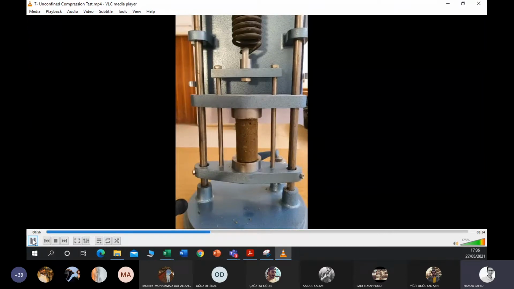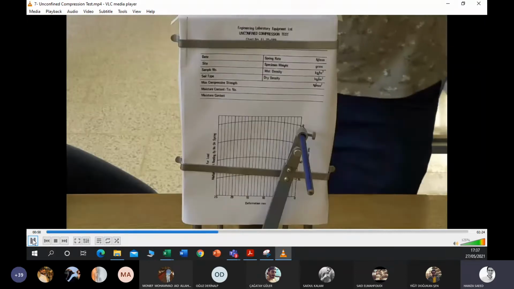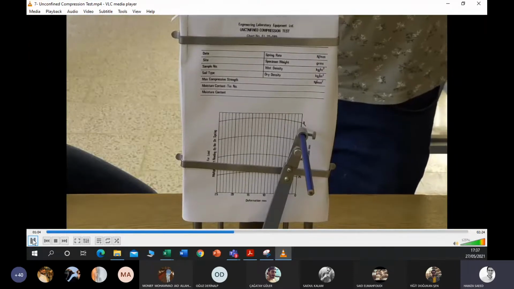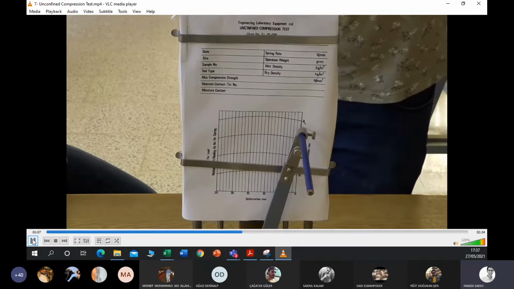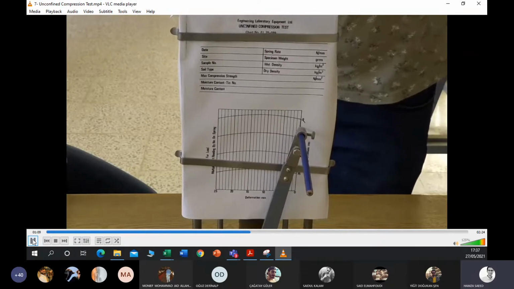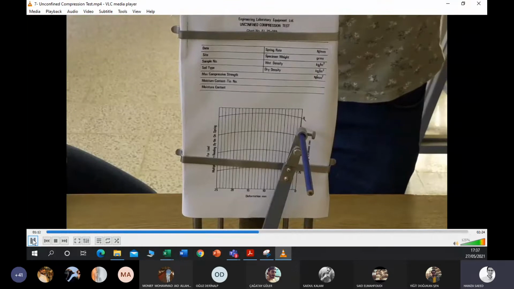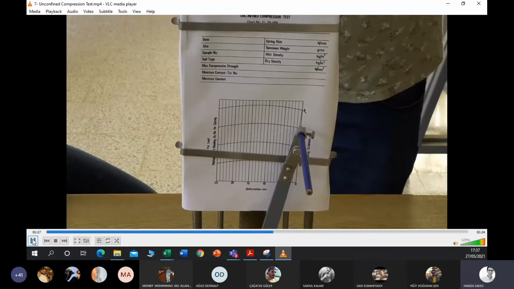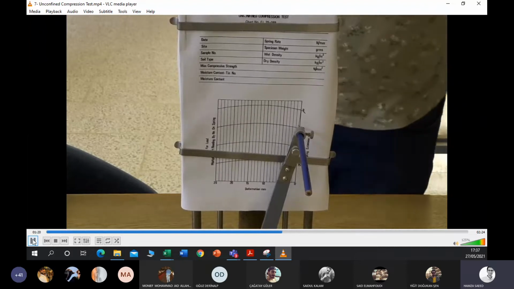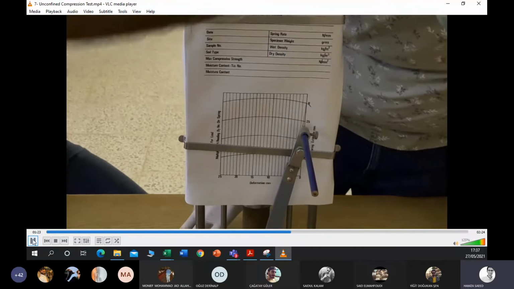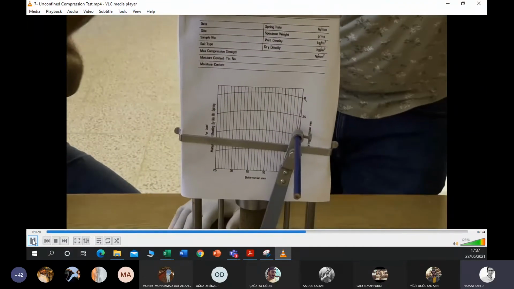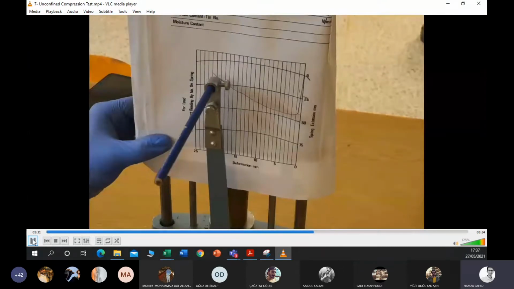Place the sample in between flat metal plates. Place the test chart in the panel with correct alignment. Apply the axial force to the specimen by rotating the handle at a steady rate. The axial force is applied till the specimen fails. After achieving the maximum point, continue the test until plastic failure occurs.